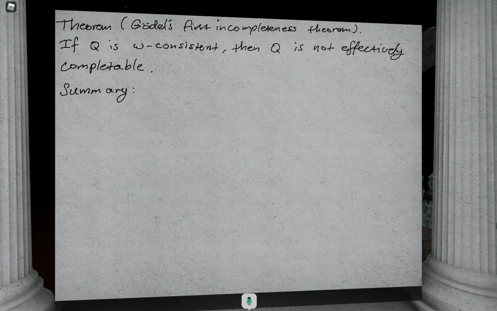Okay, I'm running out of time, so let me just quickly do this summary and then I'll wrap up. So there are three important notions or definitions.